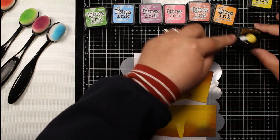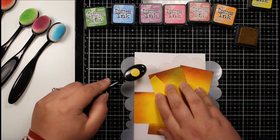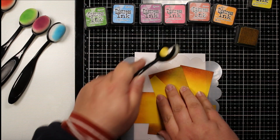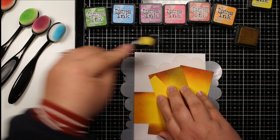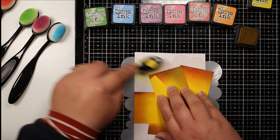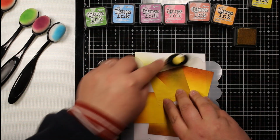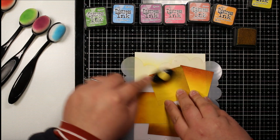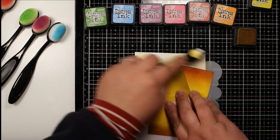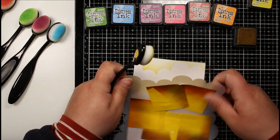So I'm going to start off with a little bit of mustard seed. So I'm just going to go directly into the ink pad. And I'm going to start off then actually on the stencil itself because we just want to have sort of that impression. We don't want to kind of stencil and ink the whole sort of section. So I'm literally just going to start on the stencil itself. And then I'm just really gently going to just come off part of the way. So the concentrated colour is around the actual base of the stencil and then it kind of wisps off into that white. So if we pull our stencil back,